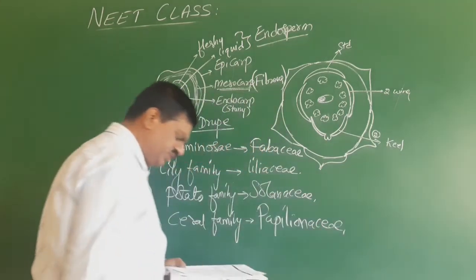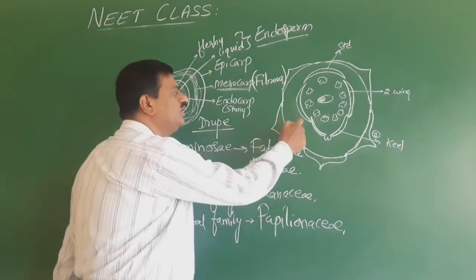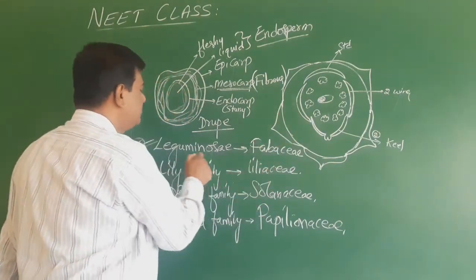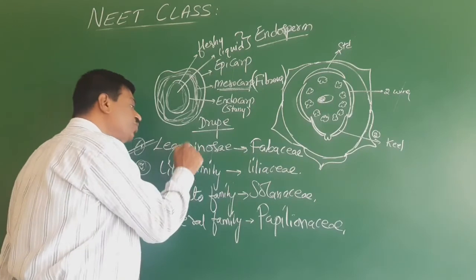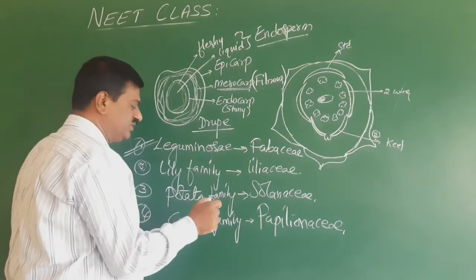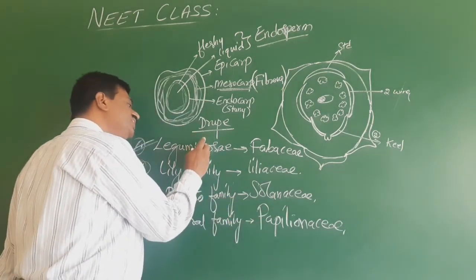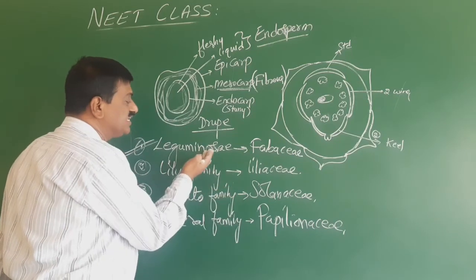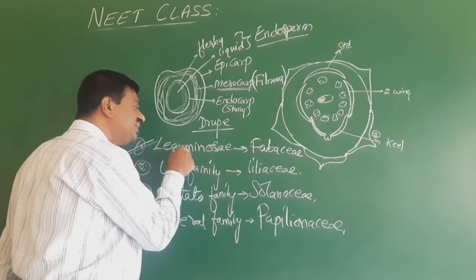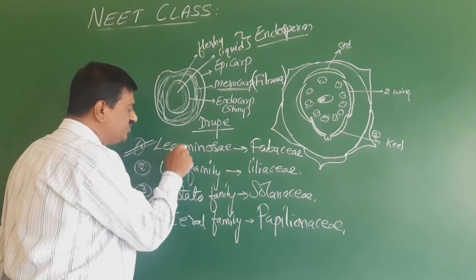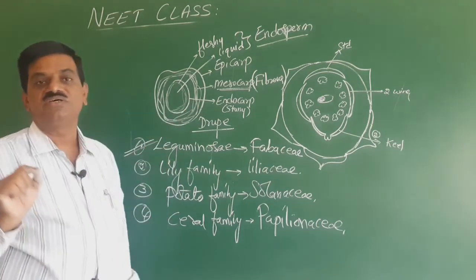Papilionaceae. But here the right answer is called Leguminosae. So this floral diagram represents Leguminosae. Among these four options, if Leguminosae had not been present, then Papilionaceae would be the right answer, because Papilionaceae as well as Leguminosae are both subfamilies. The Fabaceae subfamily is called Papilionaceae. So if this is the accurate answer, and if it was not there, Papilionaceae would have been the right answer. But here Leguminosae is the right answer.